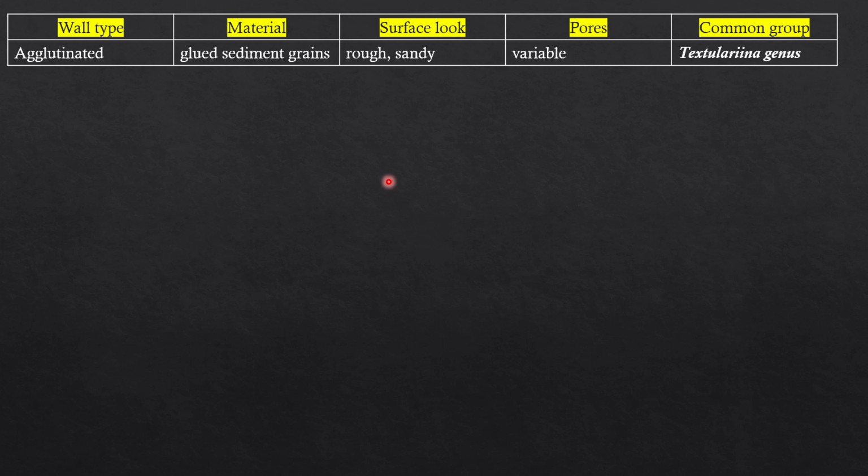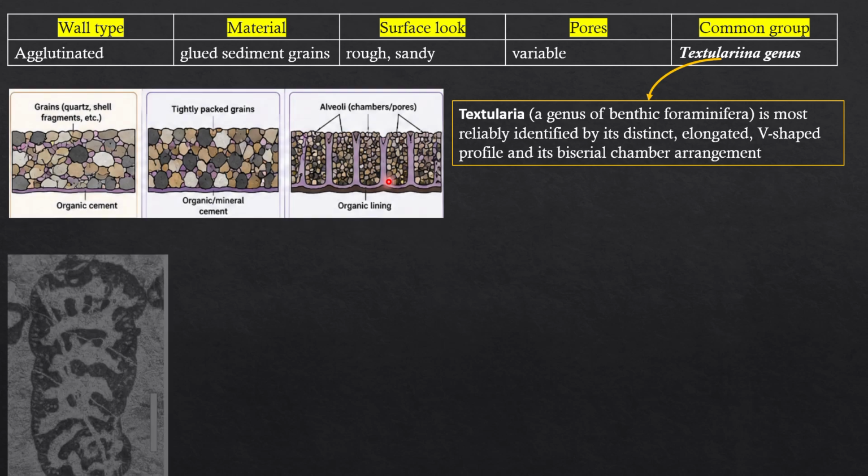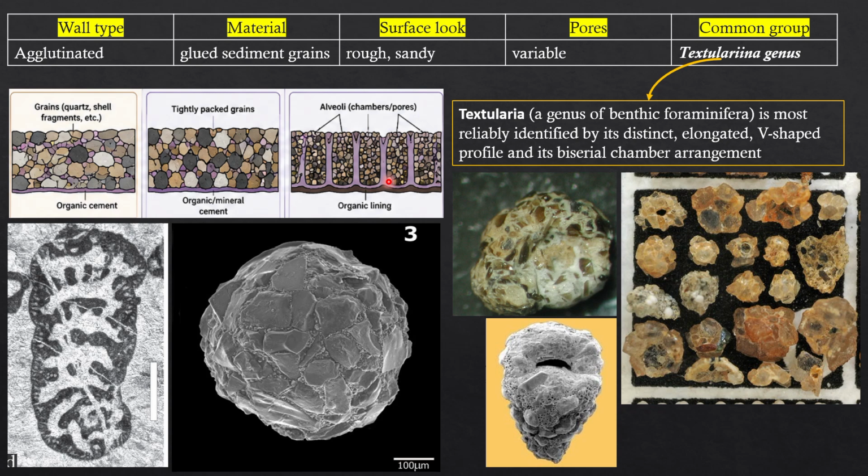The other thing is the agglutinated. Agglutinated is different sedimentary grains. They combine, they glue together, forming the foraminifera test. Like you can see in this schematic. This is the thin section image, this is the SEM image, and you can see in the field specimen different classes are forming the test, which is called agglutinated, and this is the most common genus of these forams. They are forming this